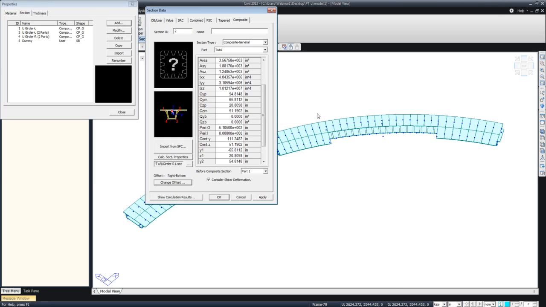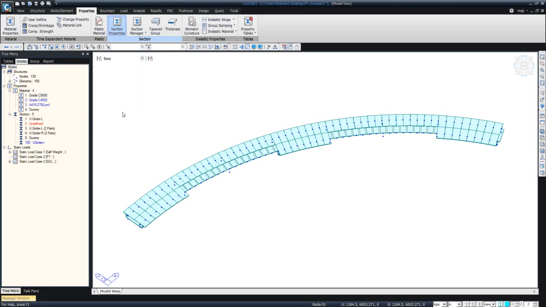So I'll click OK here, and here I'll define it, let's say section ID 100, and give it some name, Girder-R, and I'll say OK. So now the section is created, and all I need to do is just select this